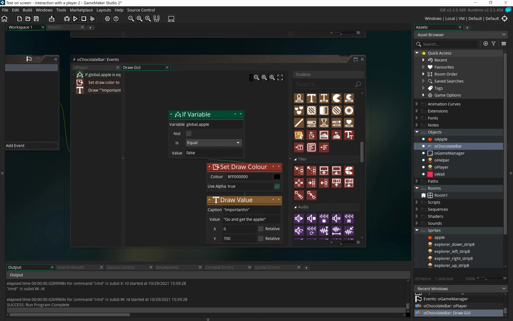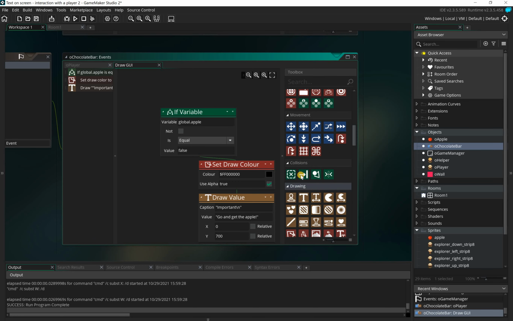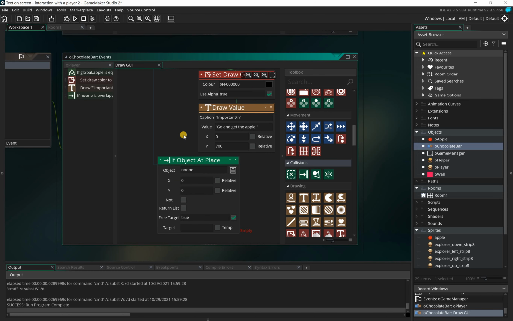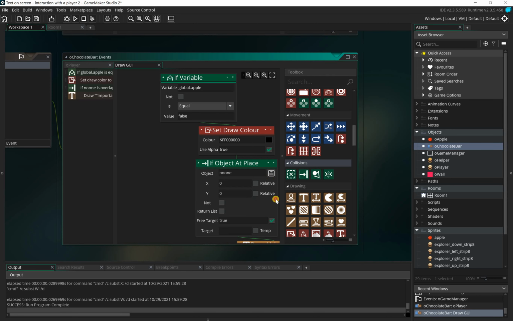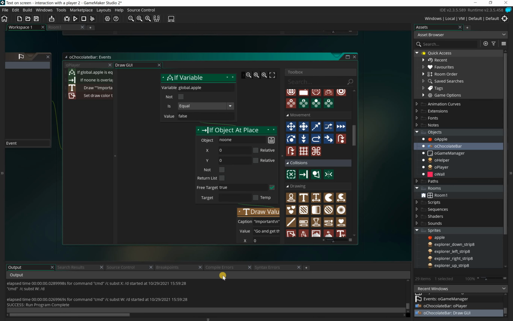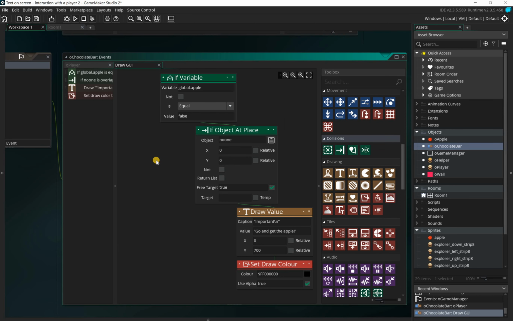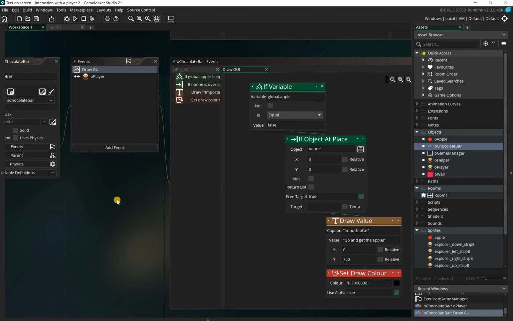Okay, so what we need to do is we need to do another quick test, and we're going to use an if object at place, which is here. Now I'm going to have to do a little bit of reordering here, so bear with. Okay, so what I've done, just to show you, is reordered this. So this is now what the logic looks like. So we're basically saying, like, if the global apple is set to false, and what we're going to do then is say, because we're doing this inside the chocolate bar event,